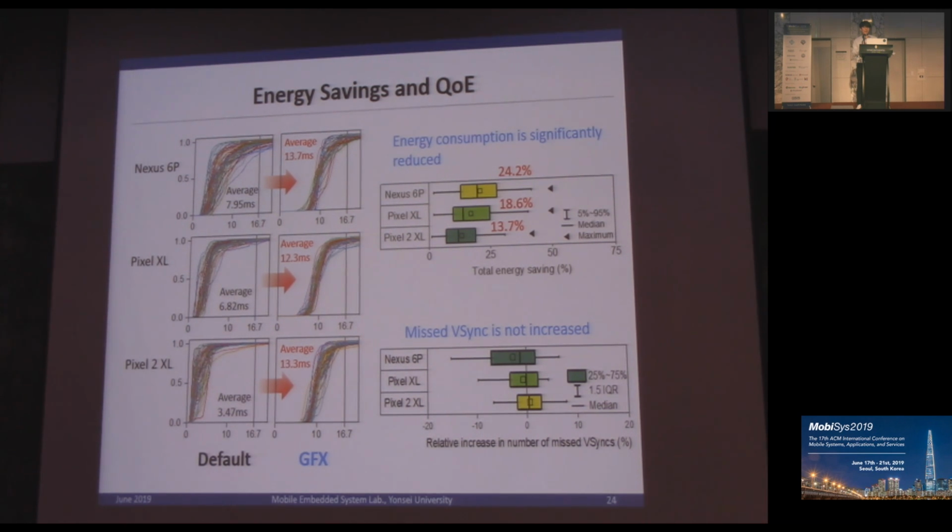And we can see that these delays can be lead to the real device level energy saving, as shown in the right above graph, so about 20% on average. And the number of frames which cannot meet the deadlines are not increased on all three devices. So from this result, we can verify that the GFX Governor improves energy efficiency without degrading the quality of user's